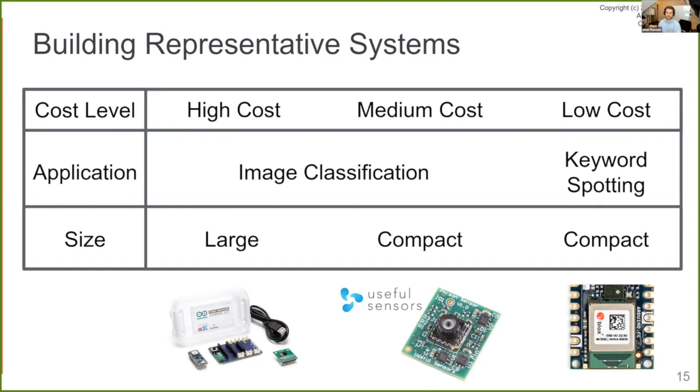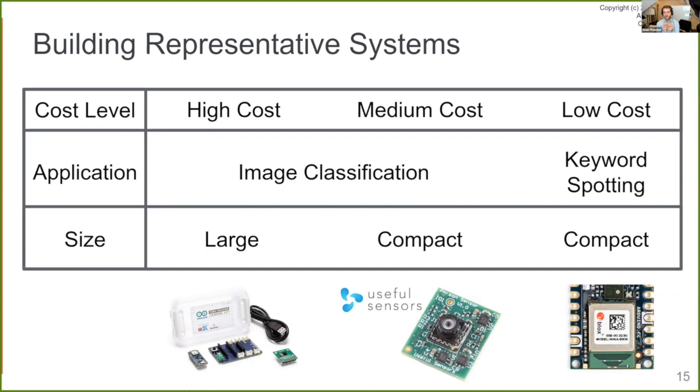The Useful Sensors version 1.0 Person Sensor, to answer somebody's question before, maybe you can buy it, you should ask them. They did make one. It does exist. They might be selling them. I don't know if they're selling them one-off. They might be just selling to commercial clients at this point, but they have this sensor and it's tiny, right? And it's all integrated, right? So the microcontroller and the camera and everything are put together